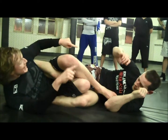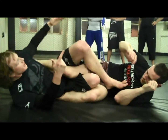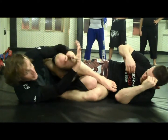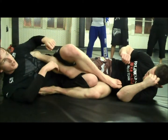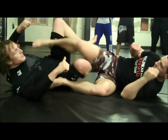I'm still going to the side again as well, because I don't want to just use the momentum to pull him up, because that would be really bad. And I like to take both hands and grab my own knee and pull it in really tight, because this is going to really control that leg. And then, still keeping my knee, I'll just pummel that hand in, and then I can start to work my finishes again from that side. Any more questions? Have a go at that, a couple of minutes on that, and then we'll...